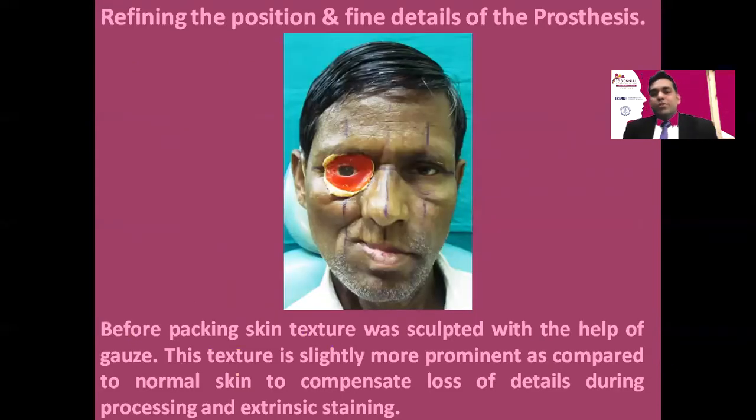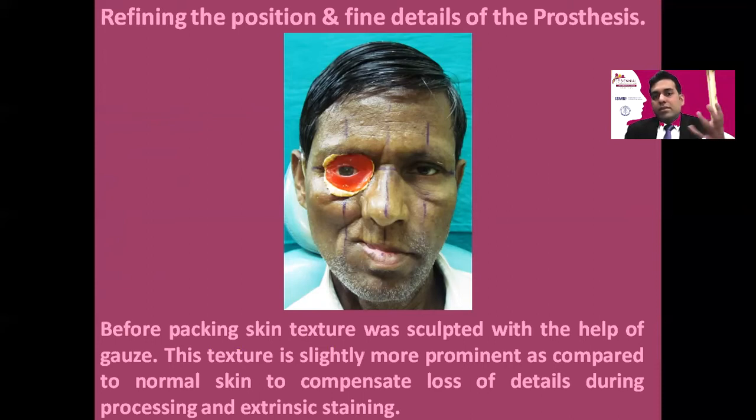Now you can use the facial moulage for fabrication of the mold, or you can also refine the sculpture by placing it in the defect region and coating the fitting surface with impression materials, so that the fit of the prosthesis can be precise. But if you are following this procedure, then you will have to flask this prosthesis directly in a denture flask or Hanau flask and process it, because it is not going to fit on your facial moulage or model once you have refined the fitting surface.